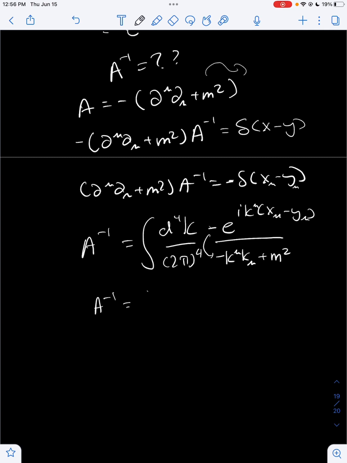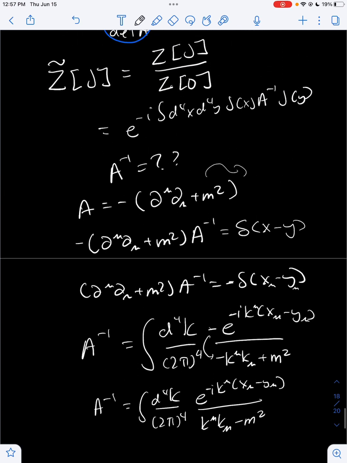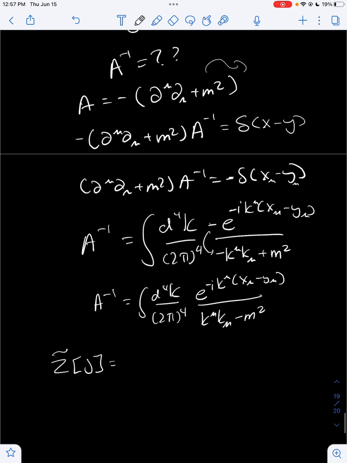That's going to give us, and then this should actually be a minus as well, e to the minus i k mu x mu. It doesn't really matter if this is a plus or a minus, since the delta function is an even function. This just means that our actual answer for the normalized generating functional, that's going to be,